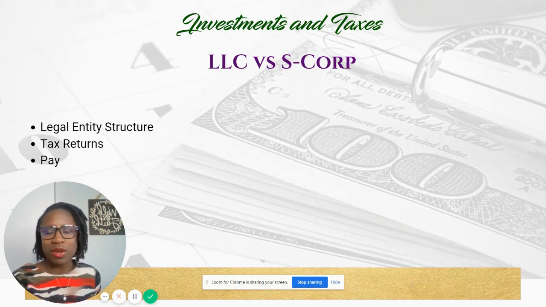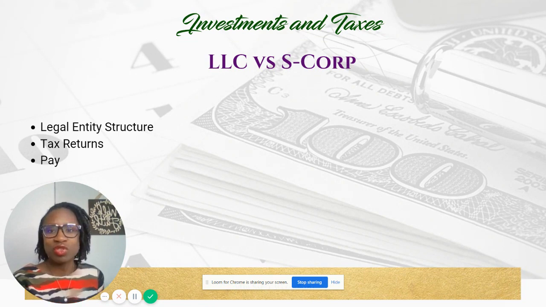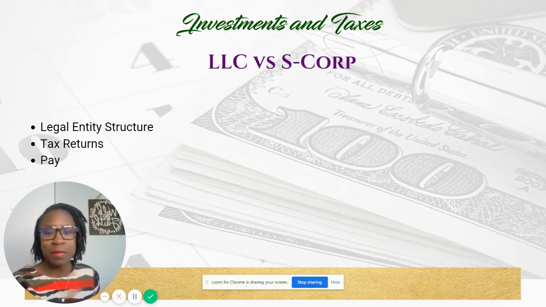Up a lot, and I wanted to do a quick video to explain some of the misconceptions. So LLC versus S-Corp, these are different entity structures that you can elect, and once you elect the entity structure, then you can determine how you're going to be taxed for the IRS. So you can elect to be taxed as an S-Corp or a C-Corp when you're an LLC. So I just wanted to discuss some of the differences that I see going around, and I hope this video helps clear some of that up.